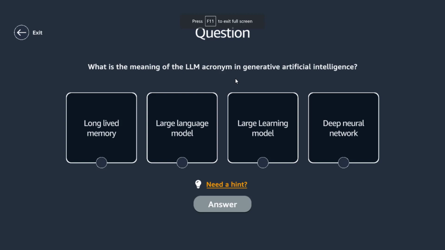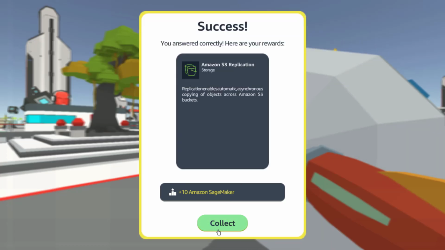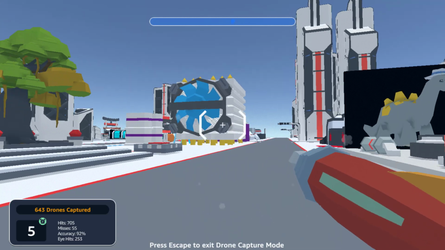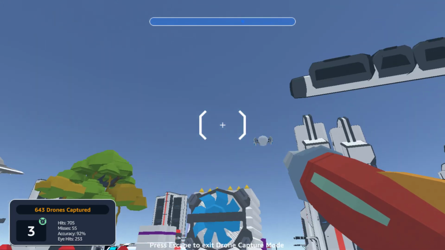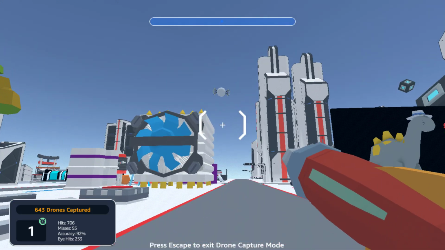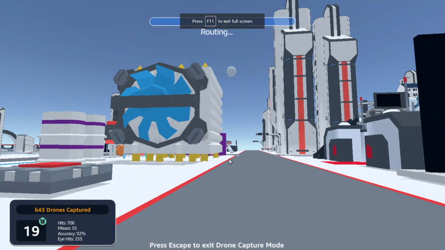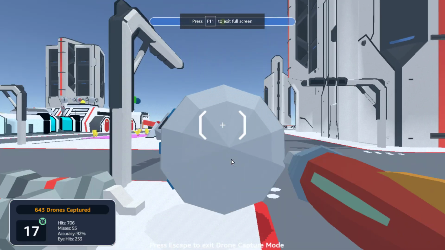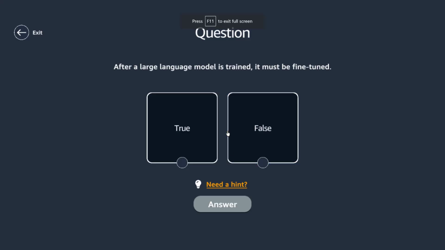What is the meaning of LLM acronym? Seriously? Large language model. 2 out of 2. After a large language model is trained, it must be fine-tuned. Mm, not really.